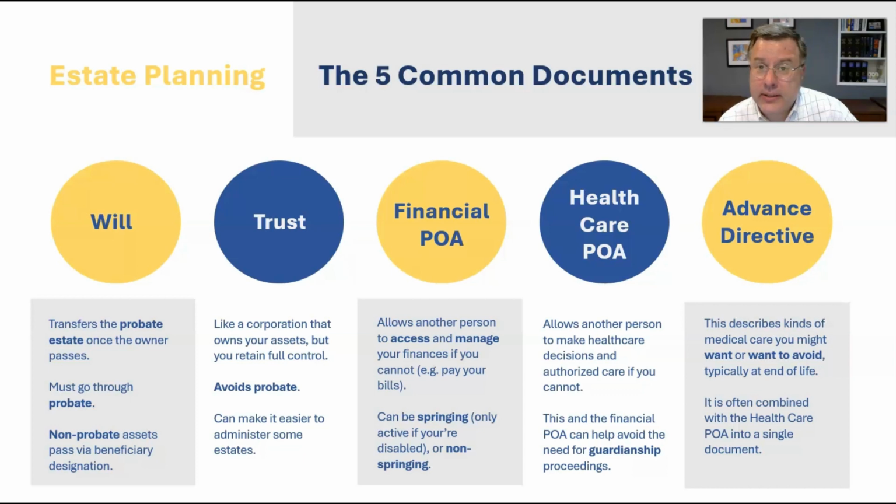So remember, it's this idea of incapacity planning. It can happen whether, like I said, it's a coma, whether it's age-related decline, that you're not able to manage your finances. And if that is the case, somebody else may need to step in and do that for you. Well, if that's the case, then they need to have legal authorization to do that. So a financial power of attorney is going to give somebody legal authority to access your finances, access your bank accounts, and then it's also going to give them the ability to manage them for your benefit, right?